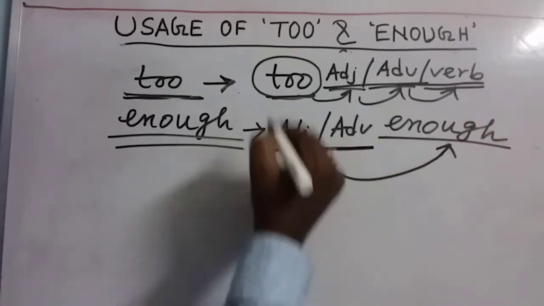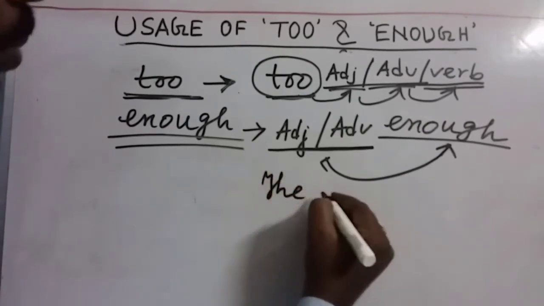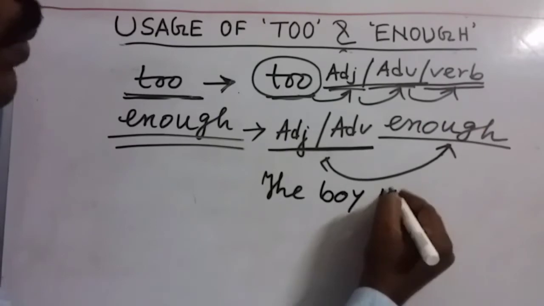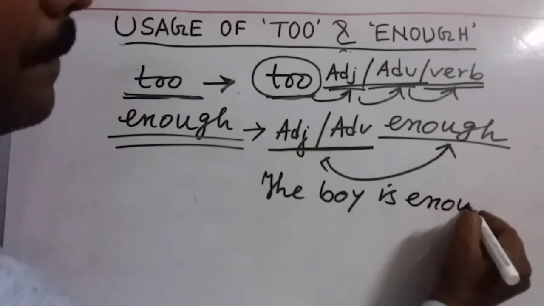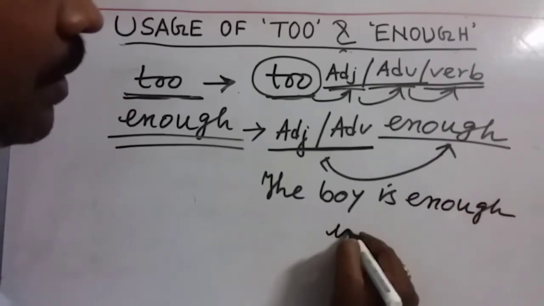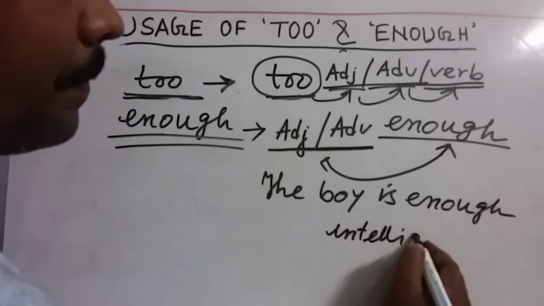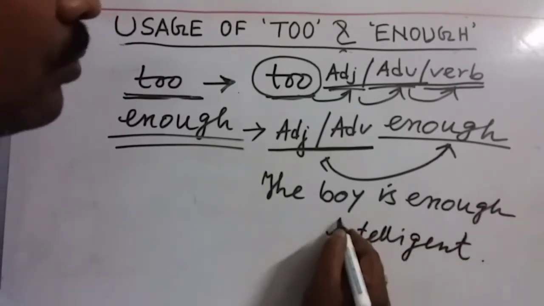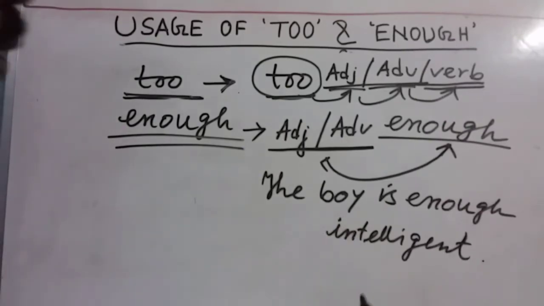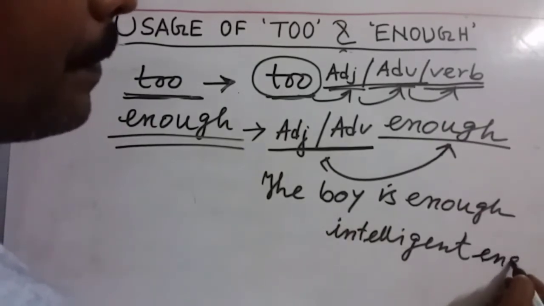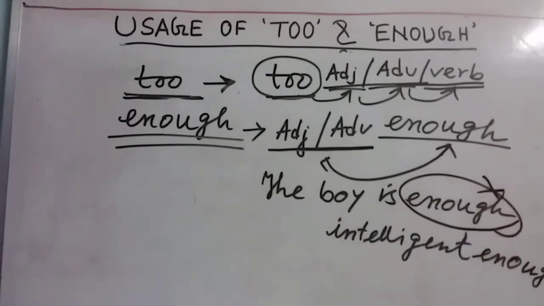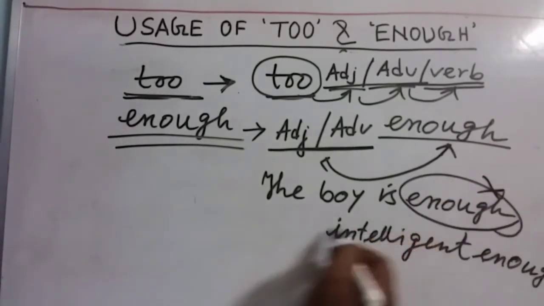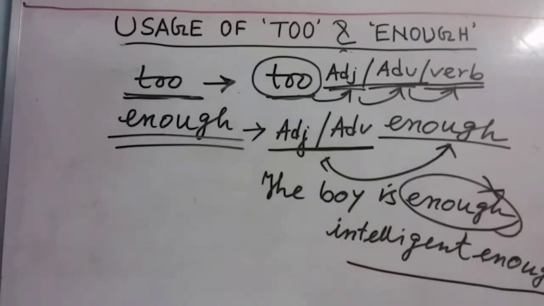I'm just writing down the example: the boy is... We cannot say "enough intelligent". We cannot write this sentence. We have to say the boy is intelligent enough. It's very important for any kind of competitive exam. So my dear friends,